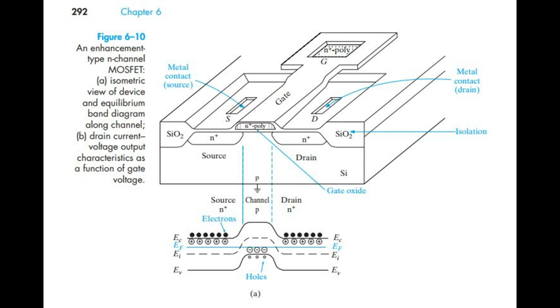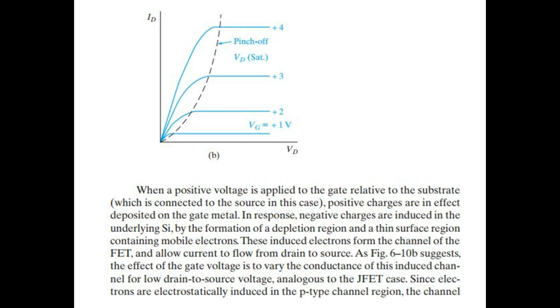A. Isometric view of device equilibrium band diagram along channel. B. Drain current, voltage output characteristics as a function of gate voltage. When a positive voltage is applied to the gate relative to the substrate, which is connected to the source in this case, positive charges are in effect deposited on the gate metal. In response,